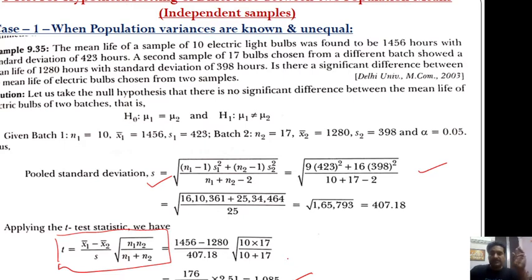We have discussed three uses of the t-test. First was about the population mean, second was differences between two population means, and further this can be divided into two cases: when population variances are unknown and equal, and when variances are known and unequal. In both situations we must remember how to calculate the t statistic. Further, we know very well how to accept or reject.